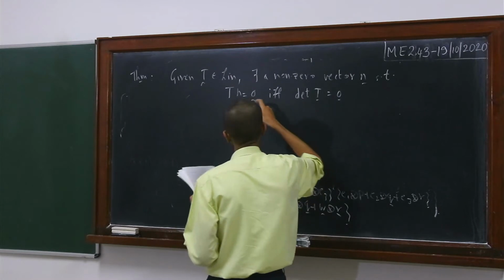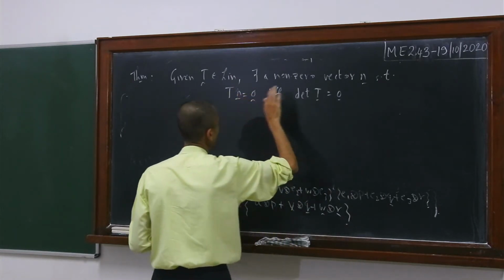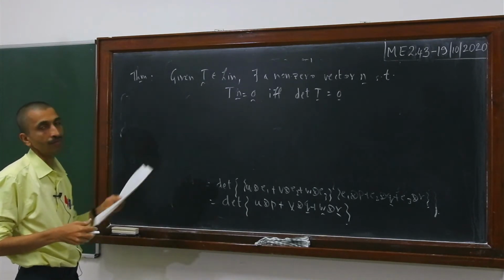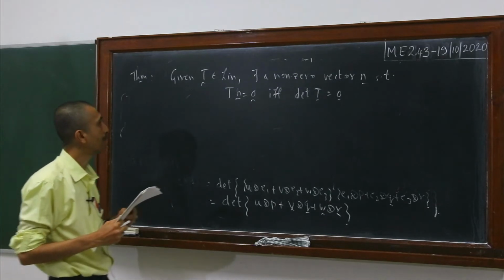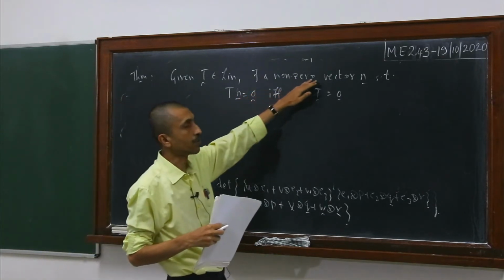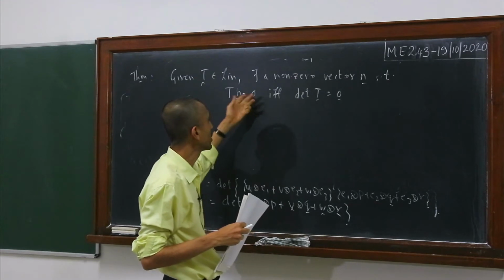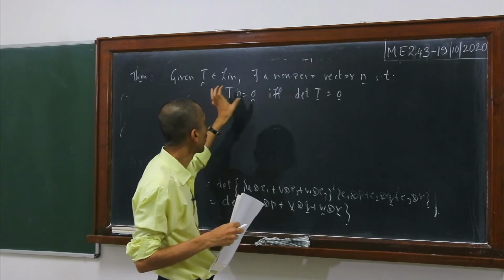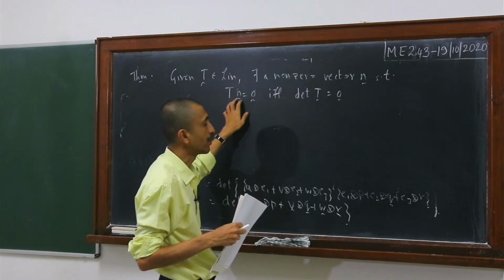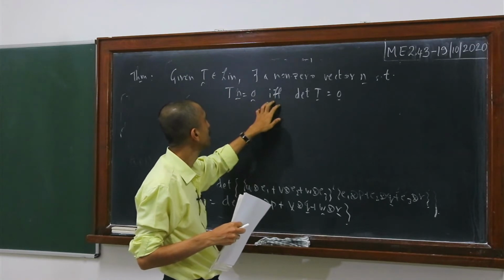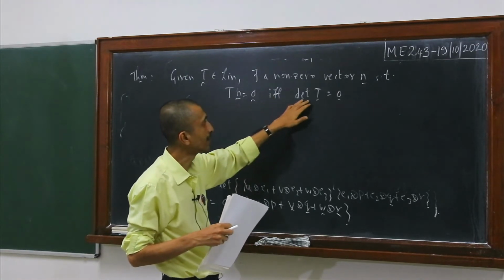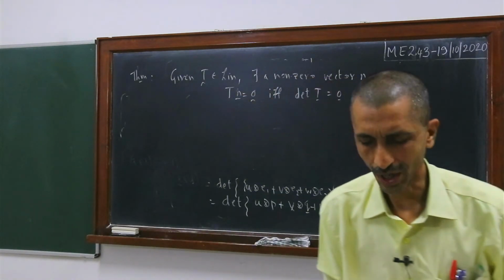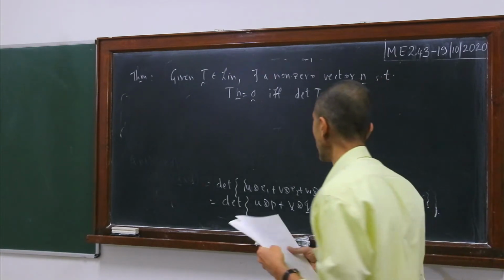So as I said, this theorem will be the basis for our eigenvalue problem. When we define the eigenvalue problem, this theorem will play a very key role here. So here we are looking for a non-trivial solution n when we say Tn equal to 0, because n equal to 0 is always a solution, but that is a trivial solution. So we are looking for a non-trivial solution to the set of equations Tn equal to 0, and you get a non-trivial solution if and only if the determinant of T is equal to 0. Okay, so let us try to prove this particular theorem. I think the proof is quite elegant, so let us see the proof here.